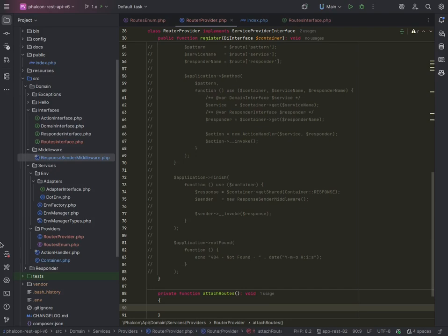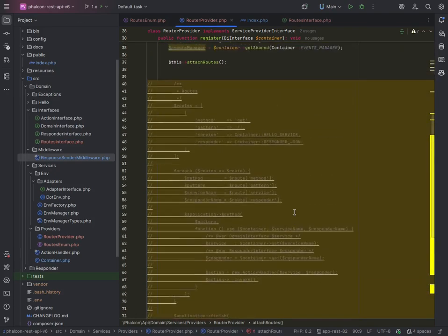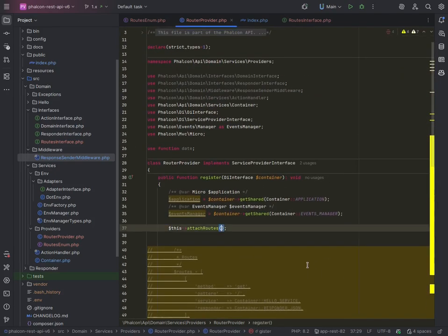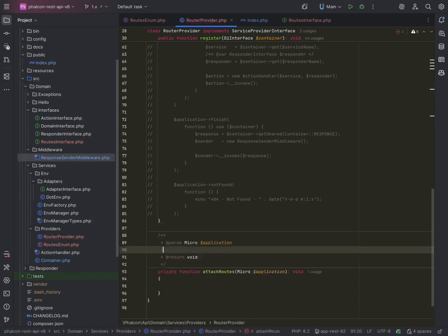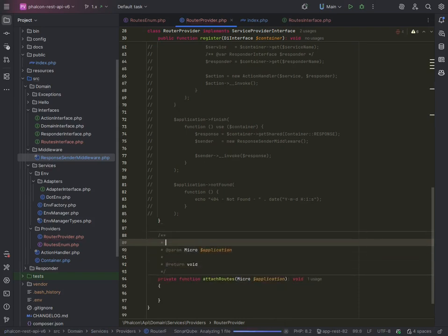and actually let's pass the application in there, and then we'll have micro application, and this one attaches